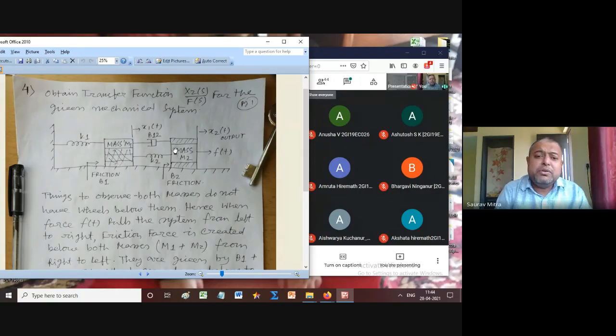Whenever you are writing about mass M2, how many components are there? F(t) is one component, mass M2 is one component, B2 is one component. So there are also 5 components. Okay, if you are writing the equation for x2, 5 components. First one is F(t), second one is M2 d2x2(t)/dt2, then B2 dx2(t)/dt. This B2 is connected only to x2. This B1 is connected only to x1. So these 3 things you do very well: first the free body diagram, then the x1 equation, then the x2 equation.